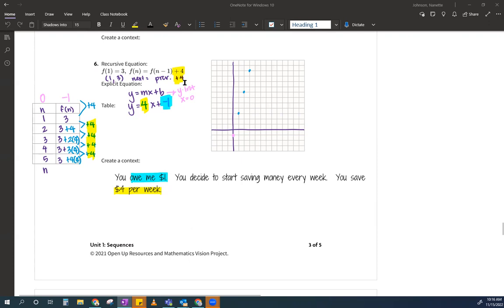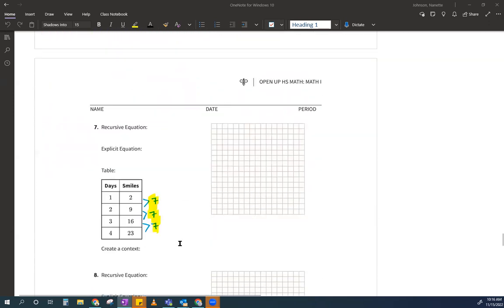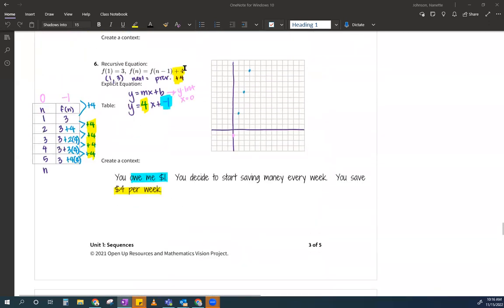Okay, so yes. Right here, it is just that +4. So you can imagine me writing the recursive equation for our next problem, and it's just going to be +7. Okay, so that's there. Where else do you see our slope in our explicit equation? You're like, oh, it's right there. It's at 4. So notice here, I'm going to draw all the structures in,